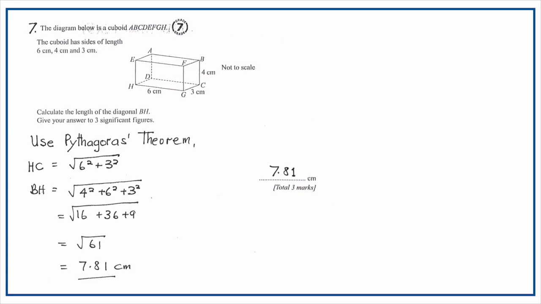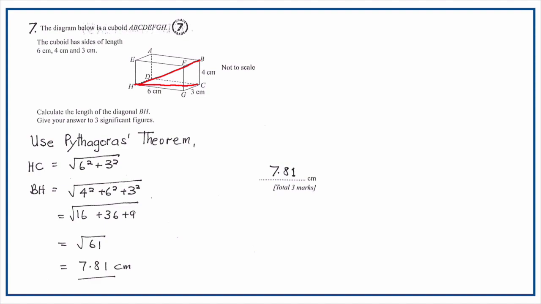We use Pythagoras' theorem. Let's work out HC, the diagonal in the triangle CHG. So AC equals the square root of 6 squared plus 3 squared. And so BH, right here, equals the square root of 4 squared plus 6 squared plus 3 squared